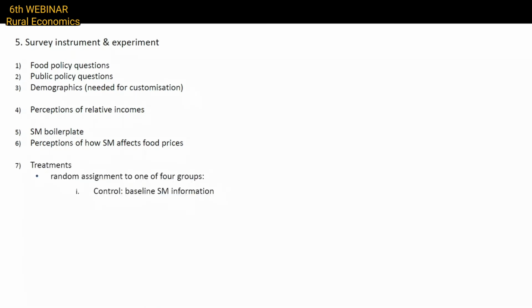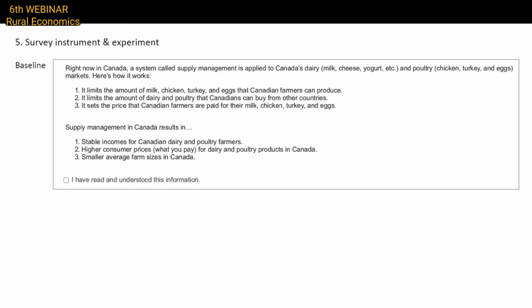Then we do these treatments. So everyone's the same up to group 6 or 0.6, okay? And then we randomize. So we take our 5,400 people, we randomly assign them to one of 4 groups, okay? So the first group is the control group. We control our control in our randomized controlled trial here, and they just get that baseline information of supply management,